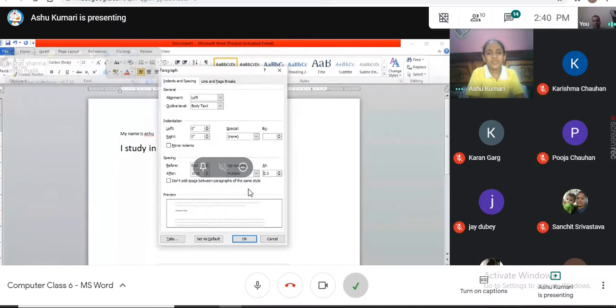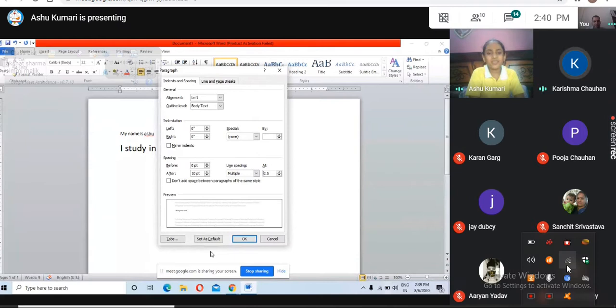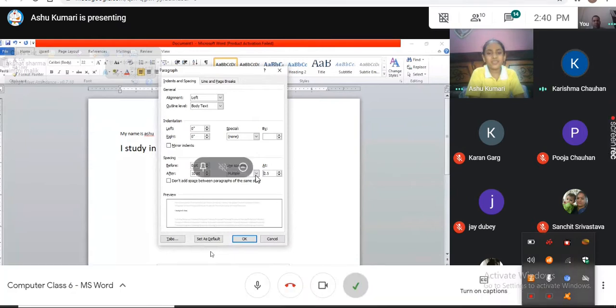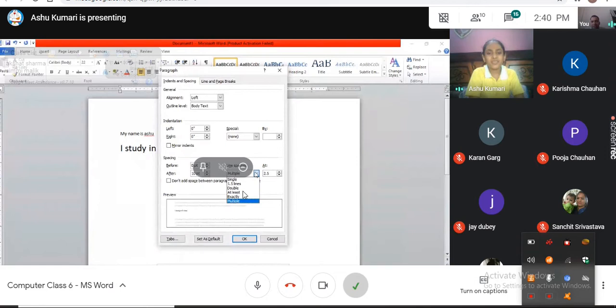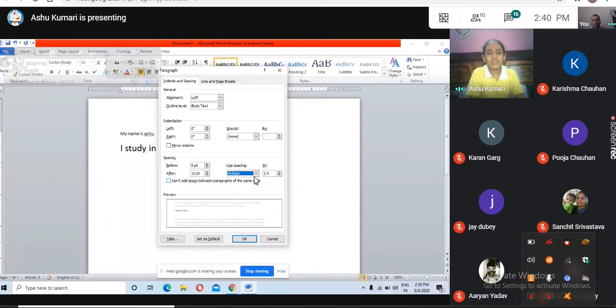Click on that multiple and there are more options: single, 1.5 lines, double, exactly, multiple. So we have different kinds of options for line spacing.